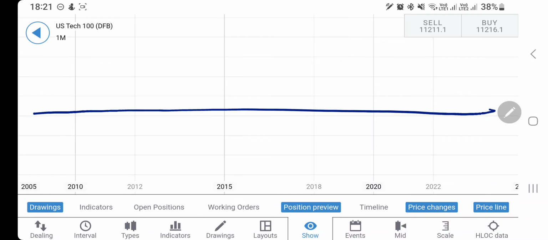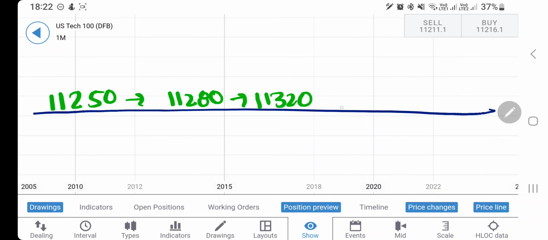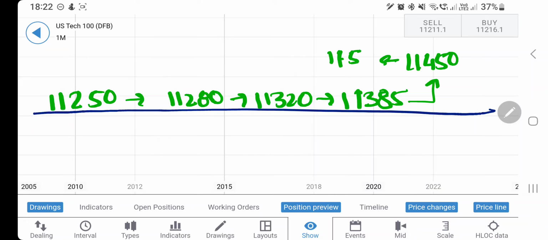Now, next week I will recommend you to buy if you see it trading above this zone at 11,000. See, the stronger resistance is at 11,400. But yes, if you see it trading above 11,250, you can buy and then expect. See, the very nearby resistances I am giving are 11,280, 11,320, and then beyond that 11,385 levels. Once it trades beyond this, a little more bullish momentum will try to take it towards 11,450 and 11,500. I am giving you a very broad resistance level on the upside.